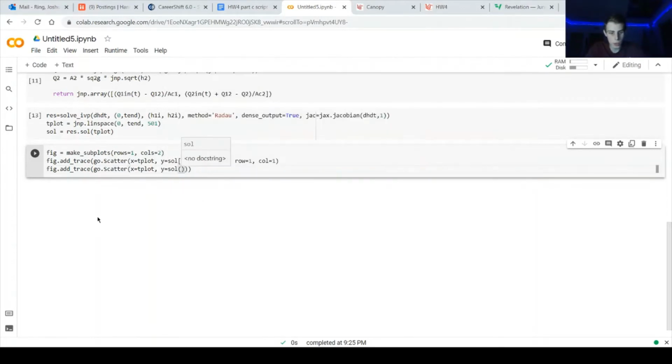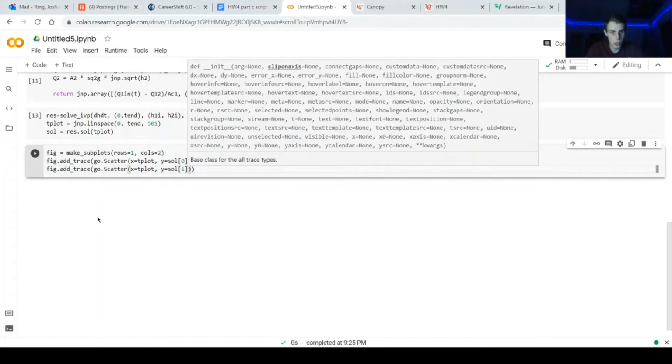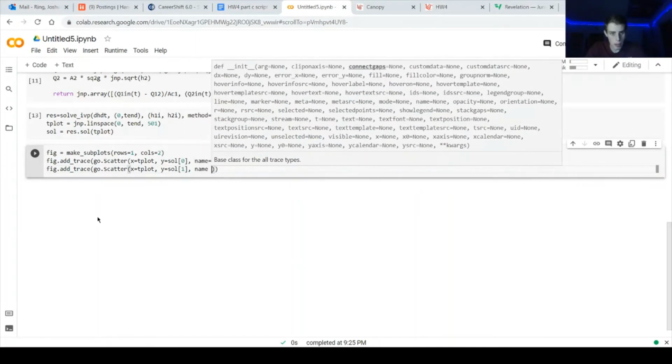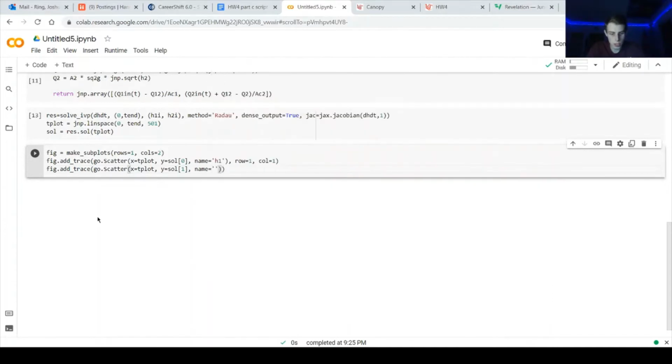So we'll do 1 there. Name obviously is different due to the fact that it is for the second tank. So that'll be h, parentheses, quote, h2, end quote. And then we'll do parenthesis there, and then same as the first one, can't forget the comma, row equals 1,